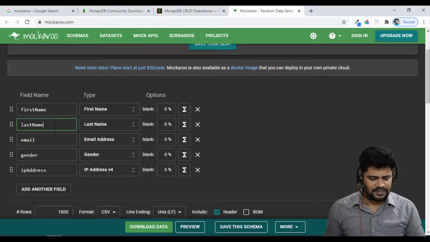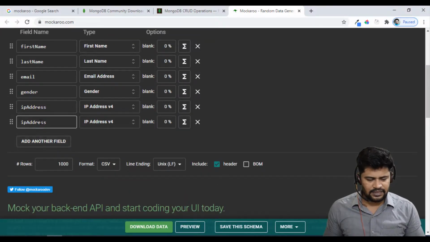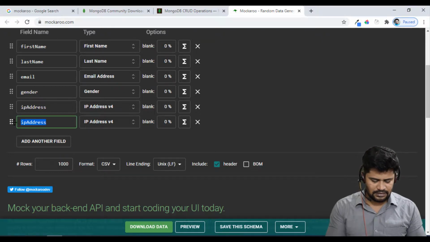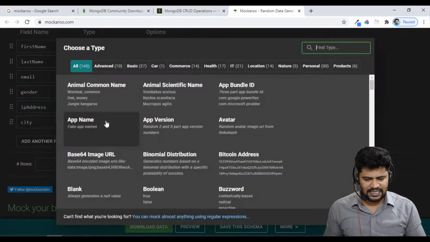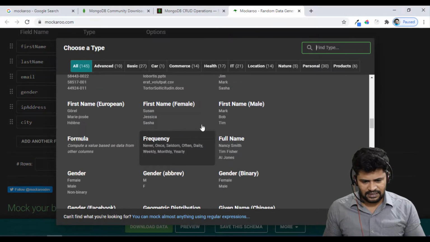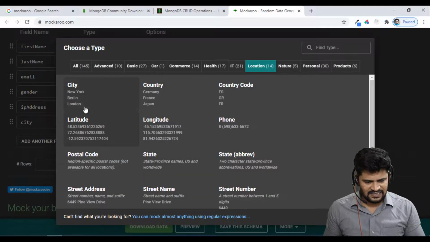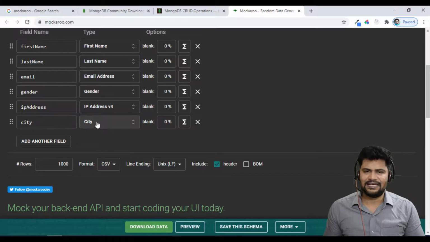Okay, so first name, last name, email, gender, IP address. If you want to add a new field, just say add another field. Let's say something called city. So what type of data? You can just select, and there are a lot of options you have. I think it will be location. I select city. You get the city name over there.